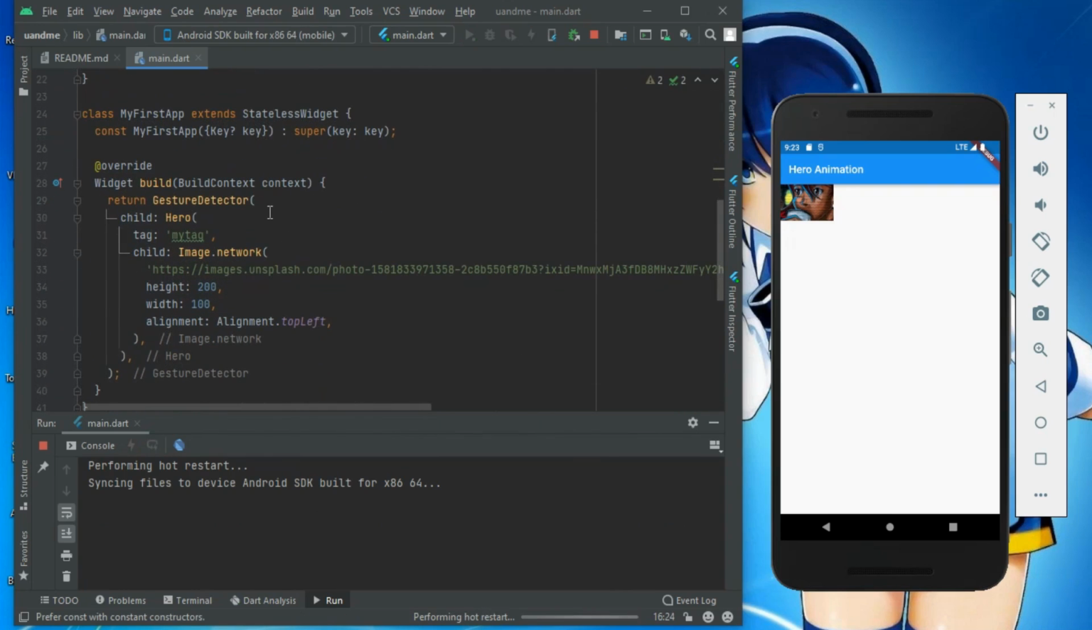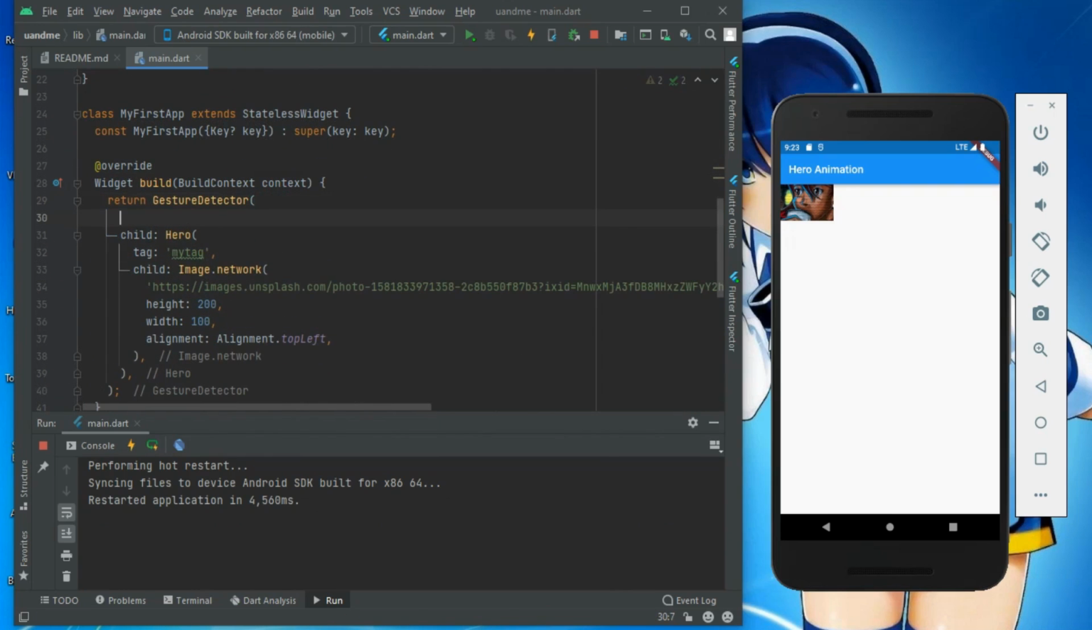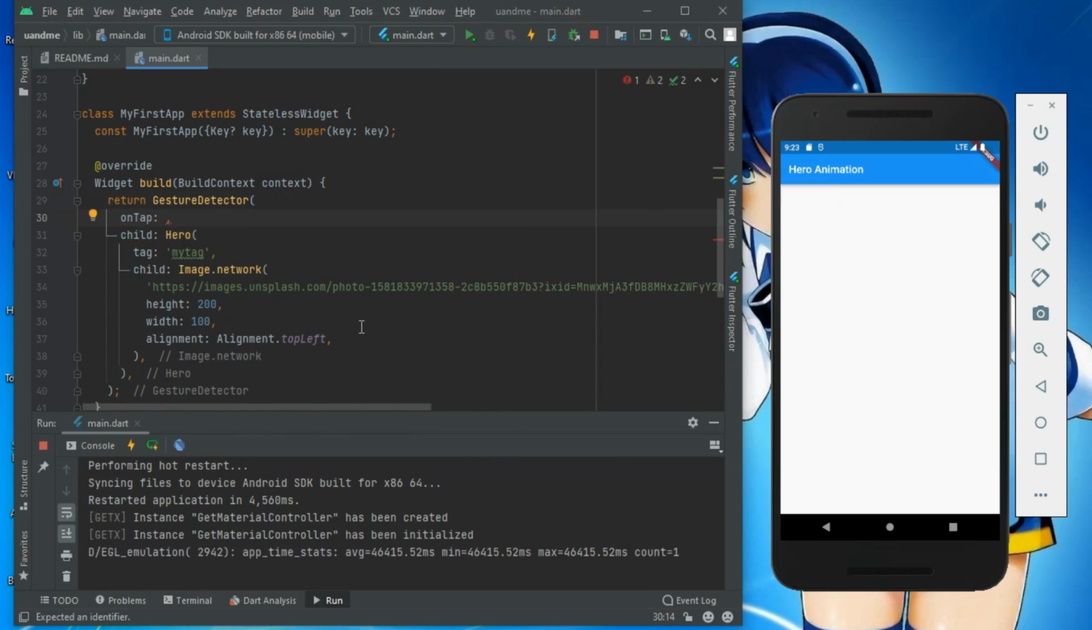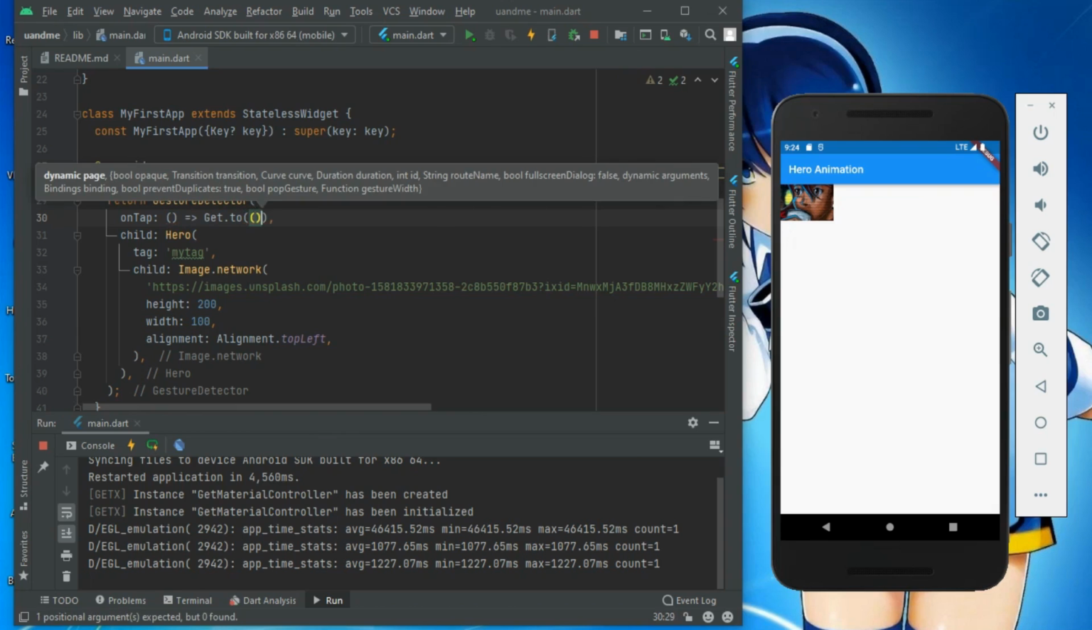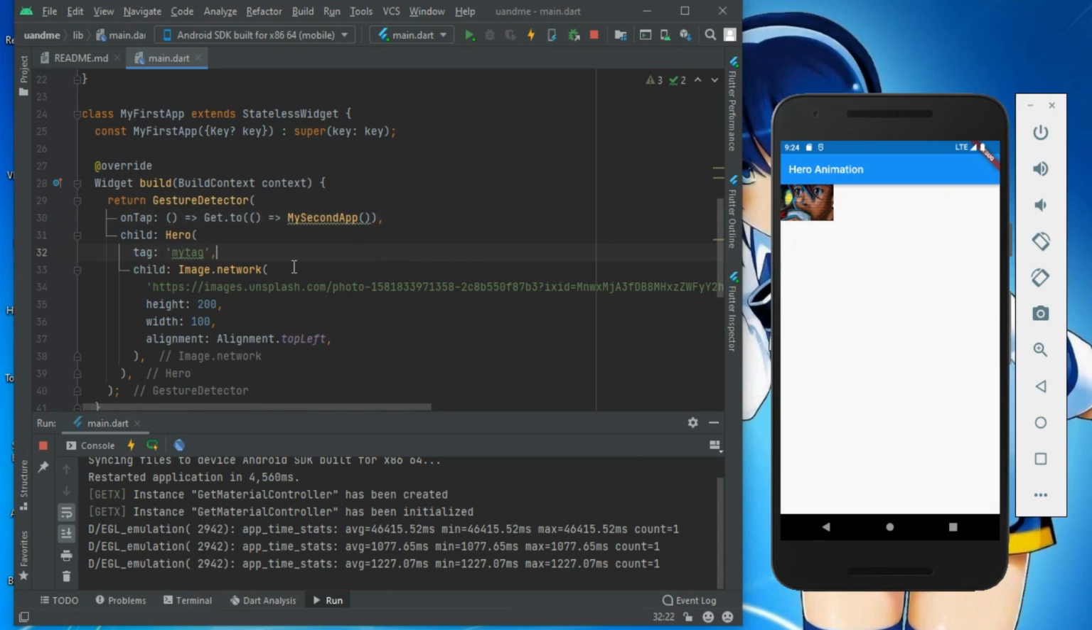Okay, so also you have on tap. You can see get material has been created. On tap will be a function, and get dot to. Also for good practice, this should also be a function, so that the animation controller will leave once it is done, and it will not leave load on your app. So this will be my second app, and if I save this now,